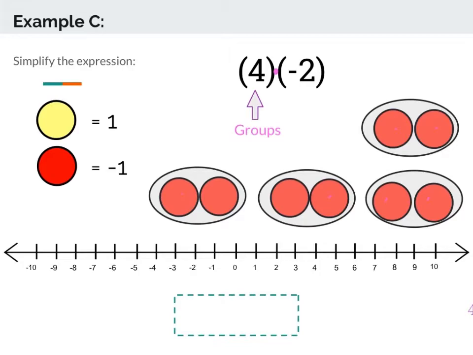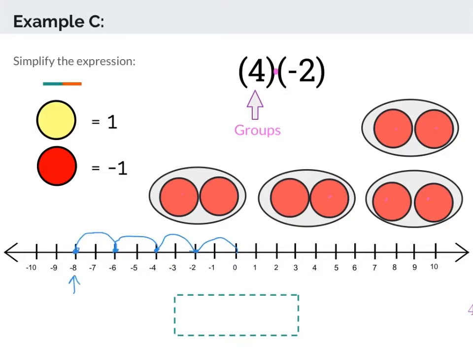I can also use a number line for this if I'd like. So I could start at 0, and I know I'm going to have 4 groups of -2. So I've got 1 jump, gives me 1 group of -2. 2 jumps gives me 2 groups of -2. 3 jumps gives me 3 groups of -2, and 4 jumps gives me 4 groups of -2, and notice it